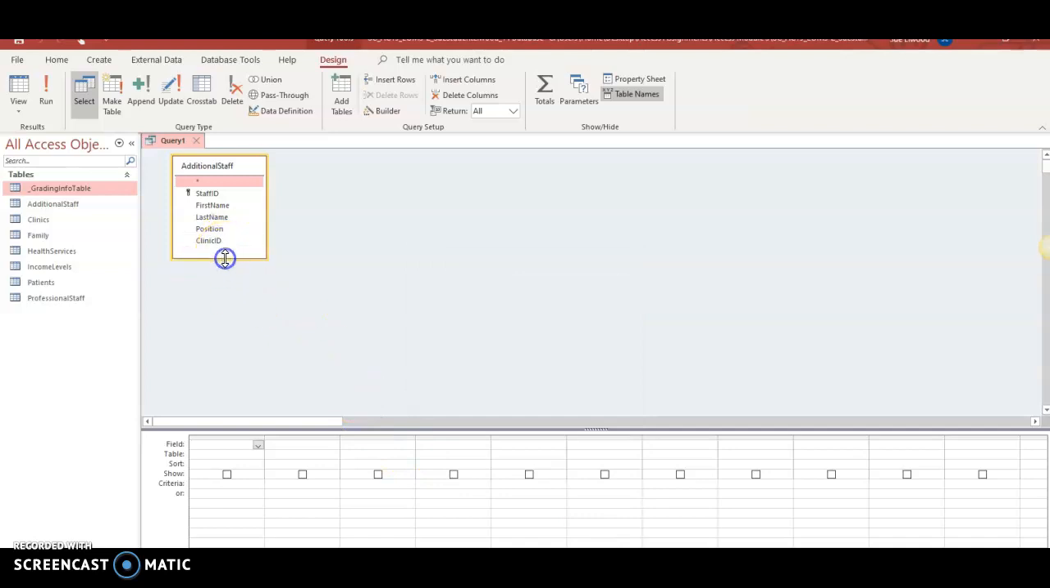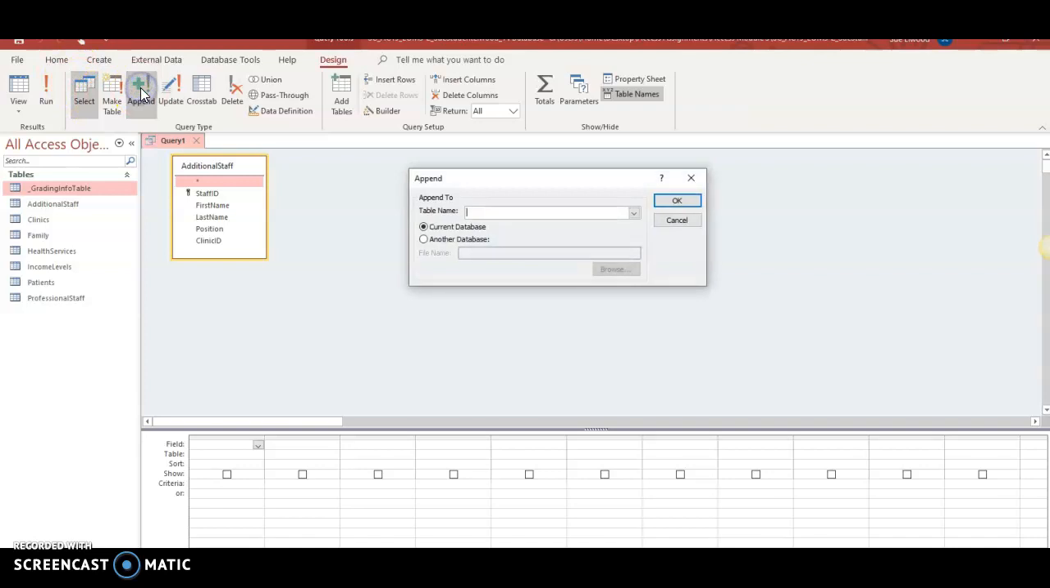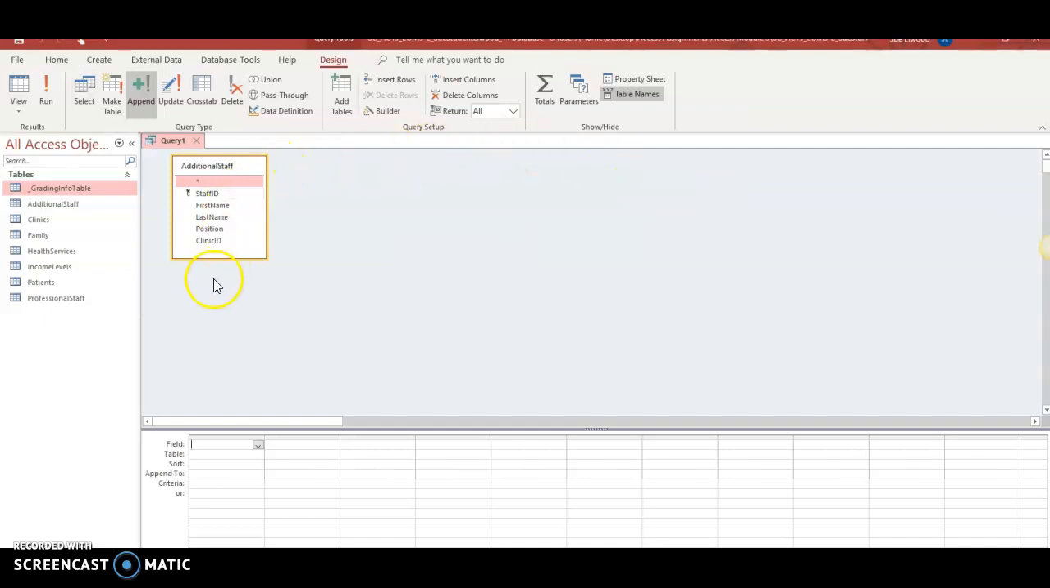We want this to be an append. We're going to append this to the professional staff table. And of course it has to be spelled exactly as you see it over here, which is in the current database, and we click OK. Then we want to do all of the fields, so I'm just going to double click on each one of the fields,